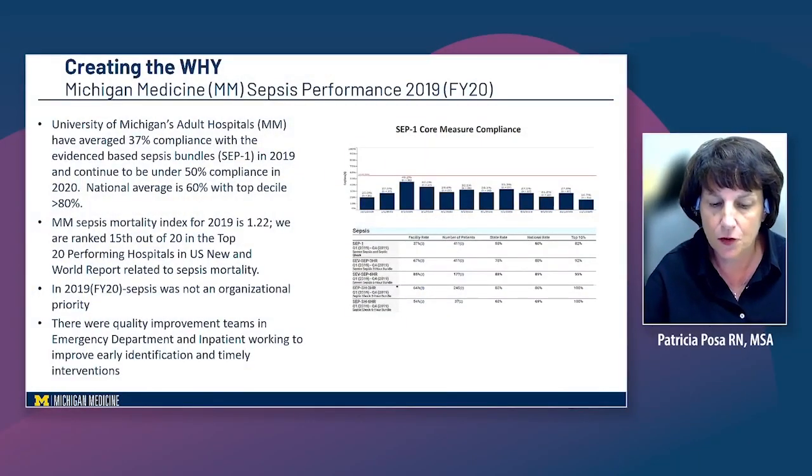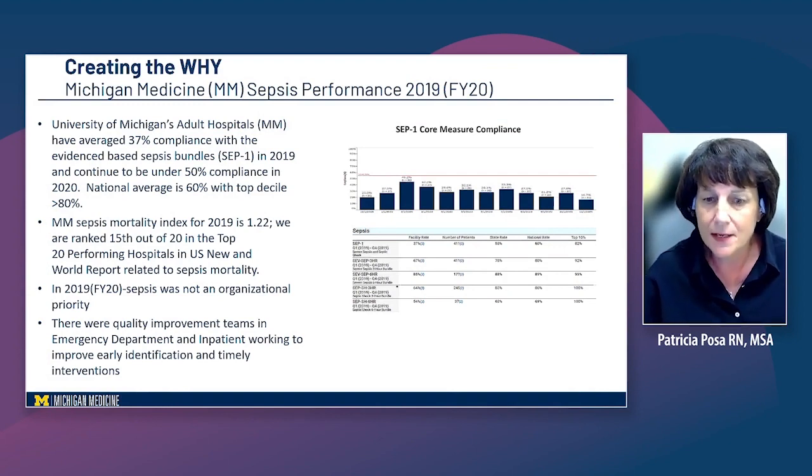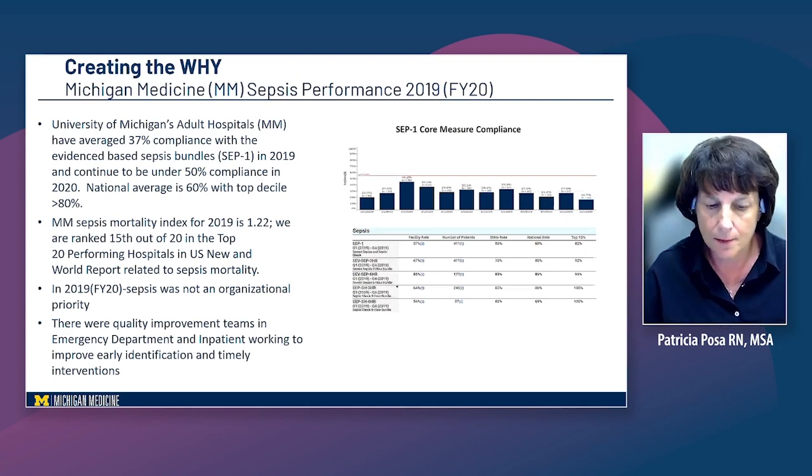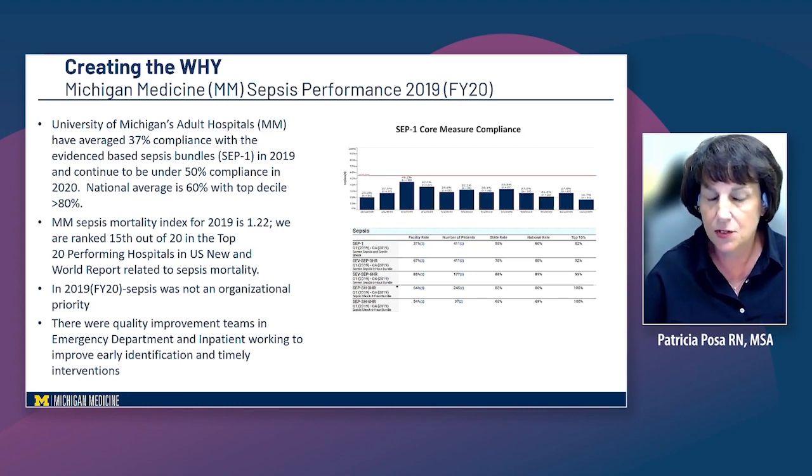So at Michigan, like other hospitals, we had focused on improving our sepsis care with multiple quality improvement projects going on. I had been involved at prior organizations setting up sepsis programs, and I knew that we were missing some of the foundational pieces to improve our sepsis outcomes. And that's the leadership commitment that Hallie just talked about, that sepsis needs to be managed early and aggressively, and it needs to be an organizational priority.